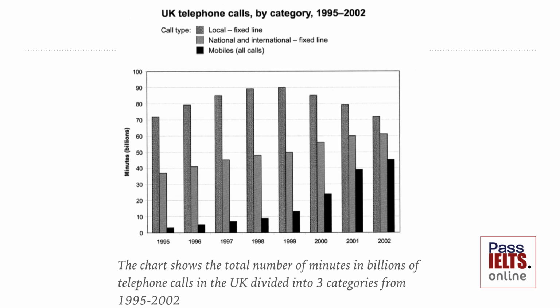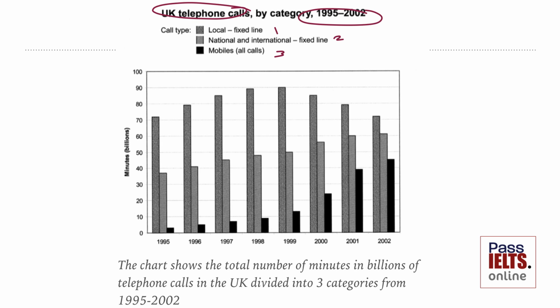First of all, let's look at the chart. You can look at the chart either here on the screen or you can use the materials which you can download on this lesson. It shows the total minutes of telephone calls in the UK in different categories and years. Make sure you underline the most important parts to include what, where and when and the different categories. Just underline or circle things at this stage. You will write in the next stage. I've done this